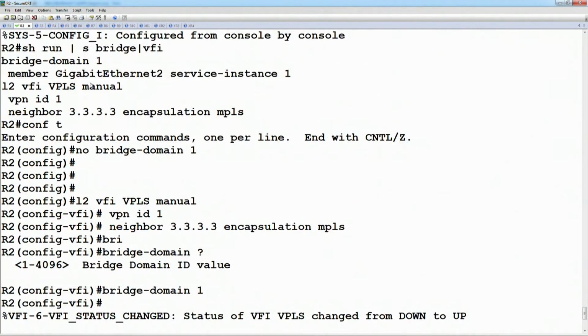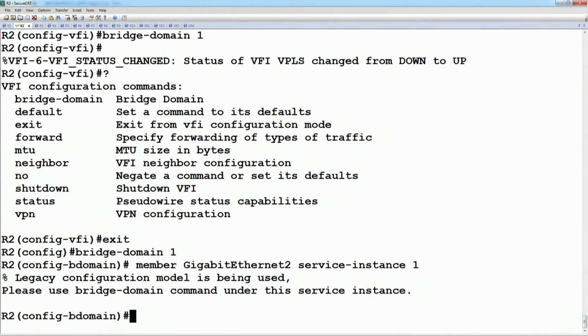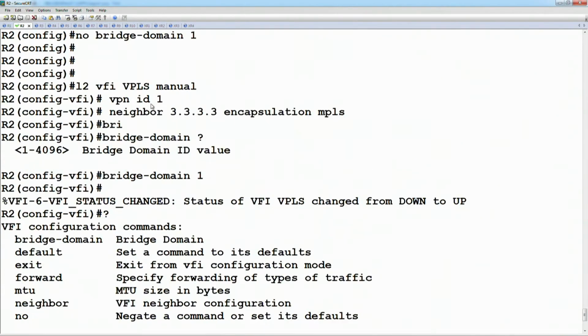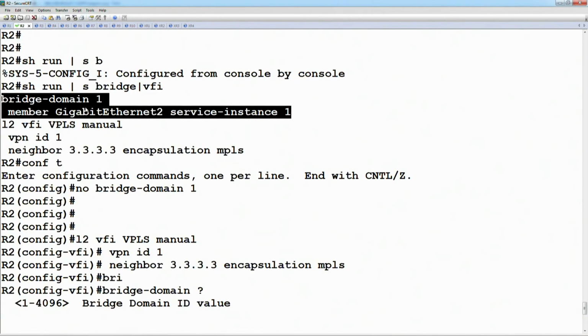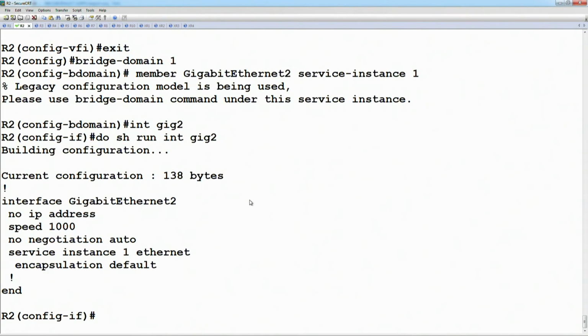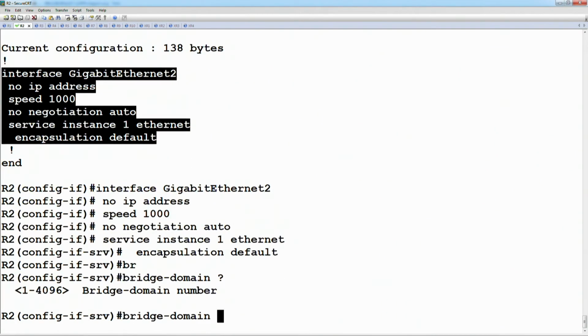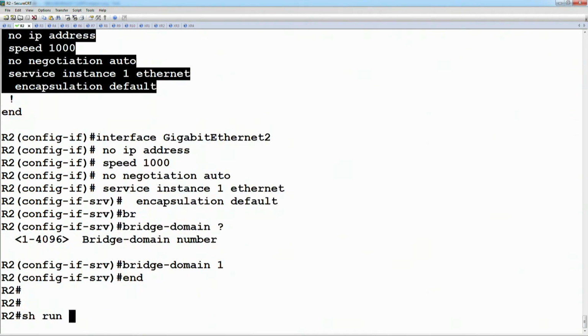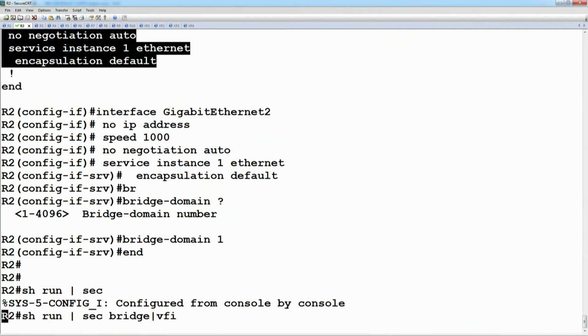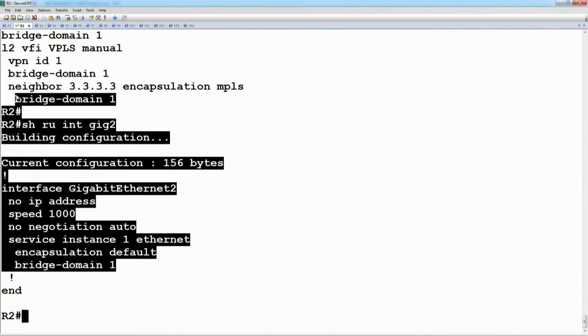So then bridge domain 1 has that as the service instance. Please use bridge domain command under this service instance. So, okay, it goes at the port level is what the legacy syntax is. So under the interface, show run, interface gig2, service instance, and then that's where the bridge domain goes. Okay, so let's say show run section bridge or VFI. Gig2. Okay, so same thing is going to be then on